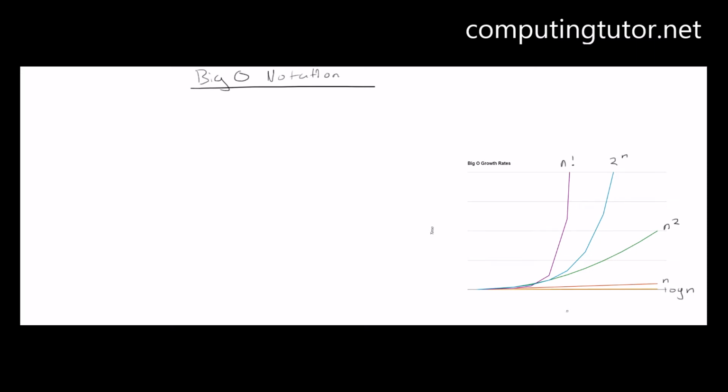And I've got some types of Big O classification that I'm going to run through now, and then I'm going to show you how we derive the time complexity of an algorithm. So our first